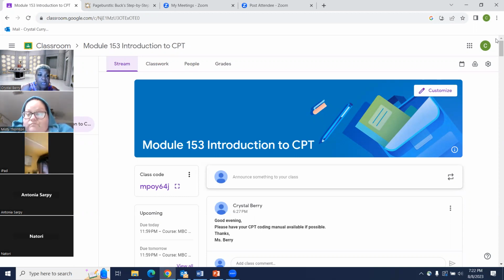I send out emails in the evening because when I sent them out early, a lot of students said they missed it or were at work and didn't get a chance to open them. So I try to send them in the evening or at night so you have time to review them and look over everything.